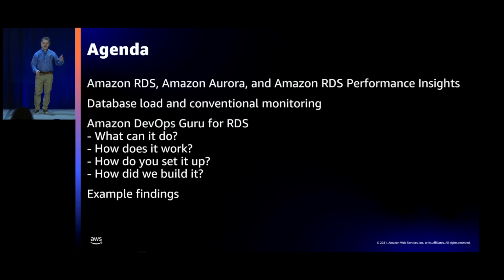After that, I'm going to hand over to Maxim, who's going to walk you through a few concrete examples of DevOps Guru for RDS findings, so you can get a sense of how it can help you detect, understand, and react to performance concerns that may arise on even the best-tuned databases. I know all your databases are perfectly tuned, but you know, this is just in case, right?